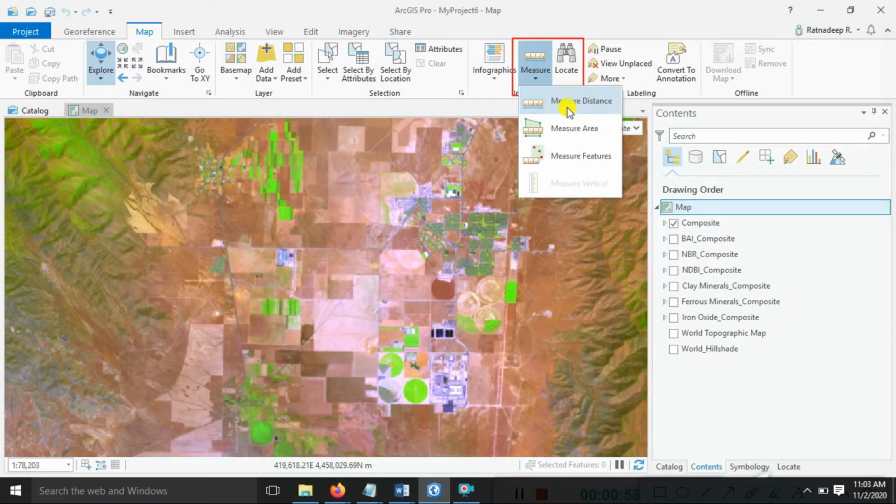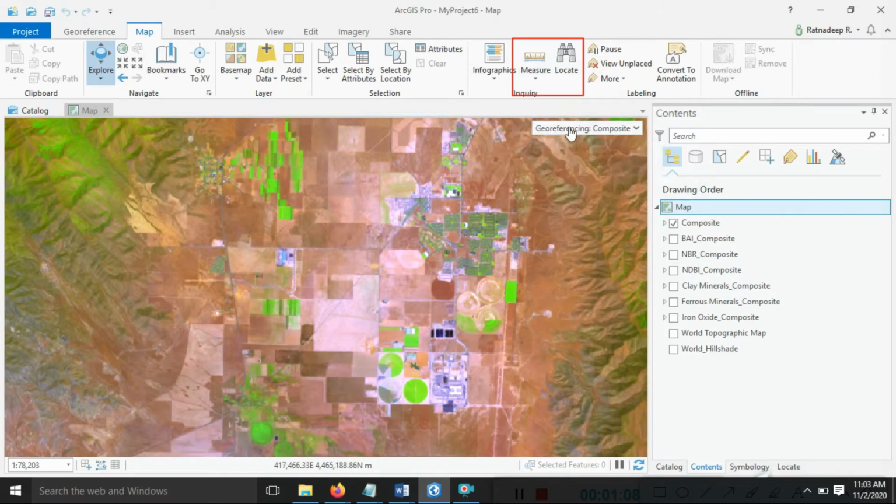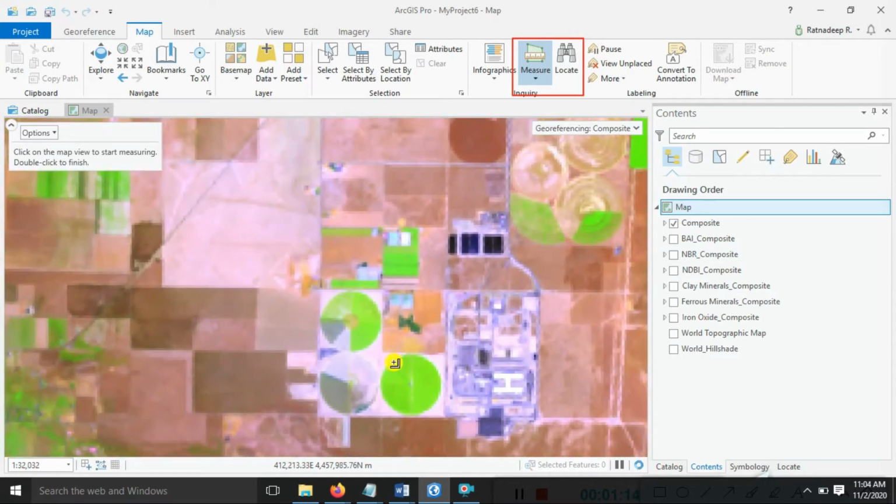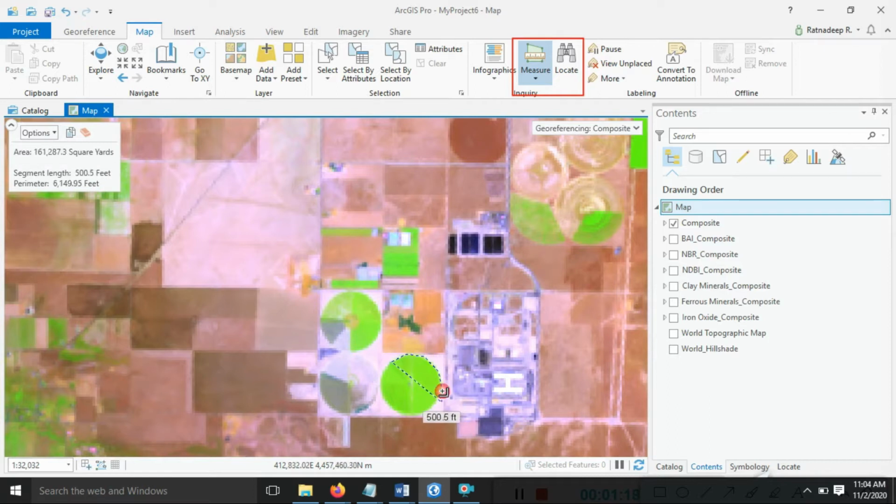In between having the measure distance, measuring area, and measure the feature. So we just first start here measuring the area. So this is our measurement area. Just zoom out and just by using your mouse, click by click you can select your measurement area. Double click to stop this. You can look here. This is an area in square yard in the segment of